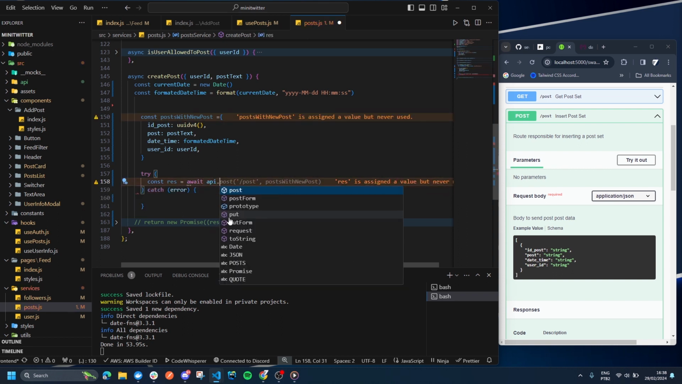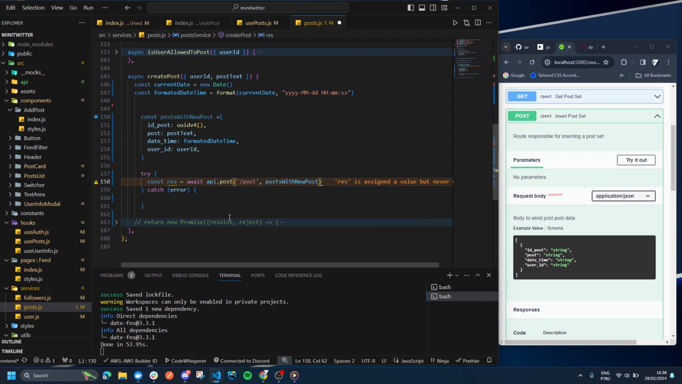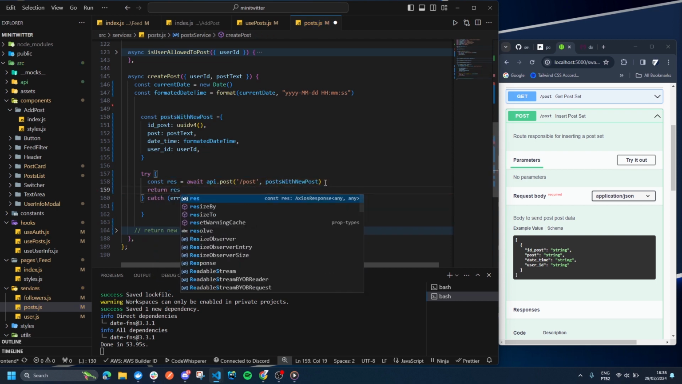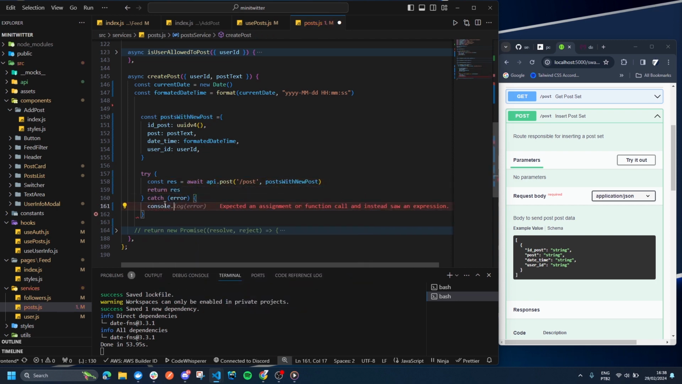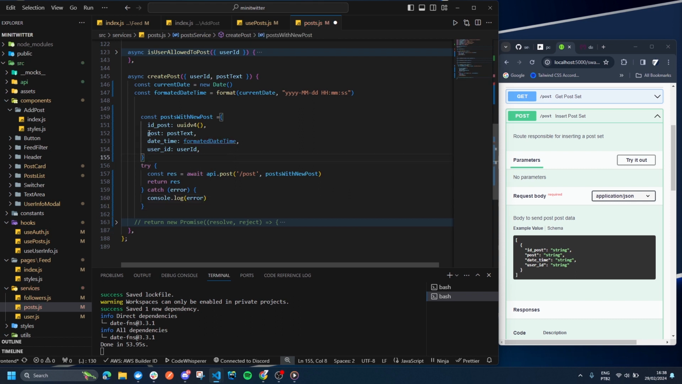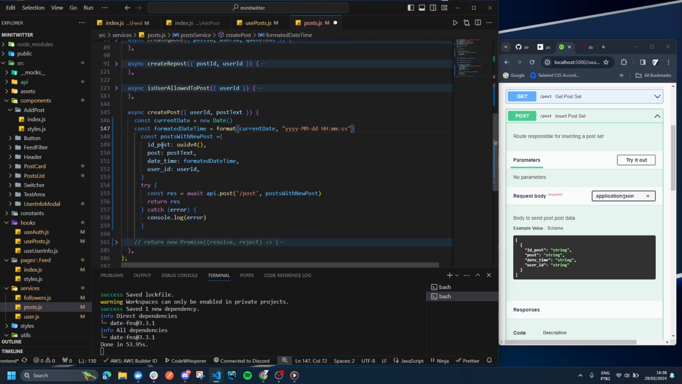Await api.post. Copilot already understands approximately what I want. /post, which is /post and the object that I will be sending, and here we will return a res. If there is any error, console.log error. This is now the point of making our post. Let's check. Let me save and